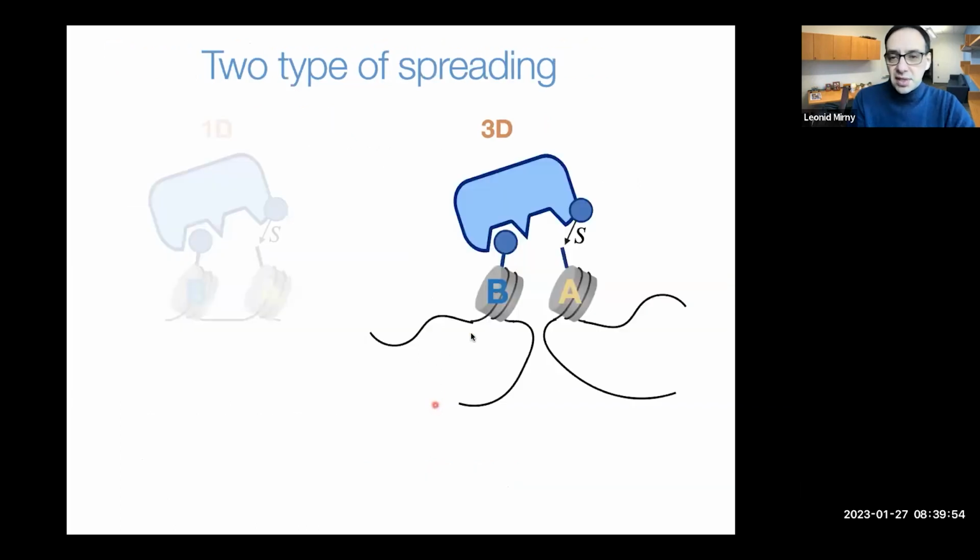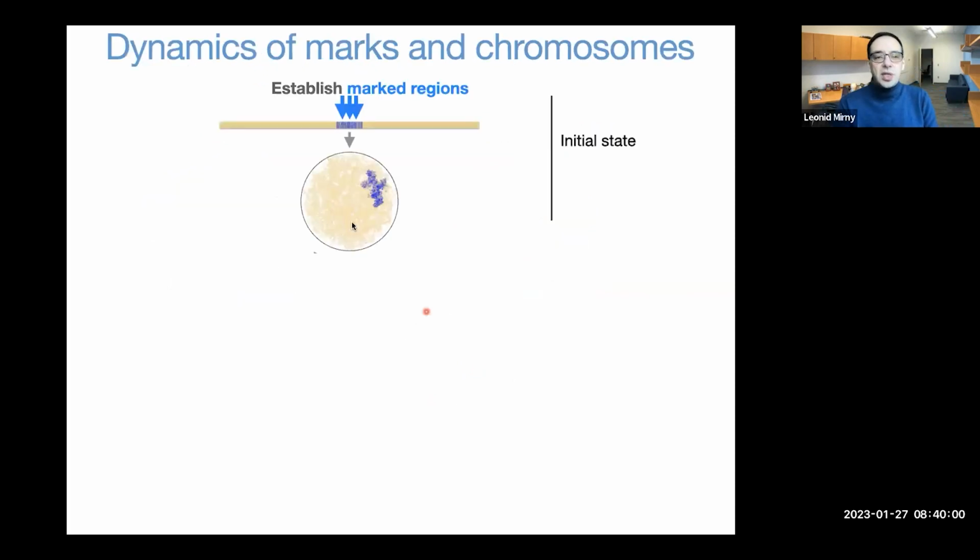Now you say, okay, this is interesting, but how about the 3D case? So now when the marks can spread in 3D, you need to do a little bit more to define the system. First, we're going to have a polymer. We're going to impose the marks. We're going to let it fold, and then